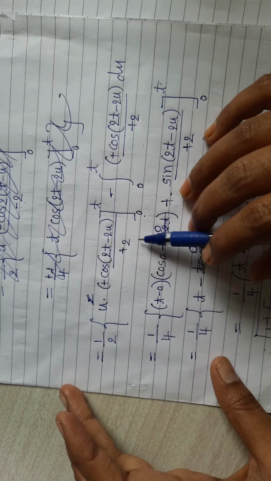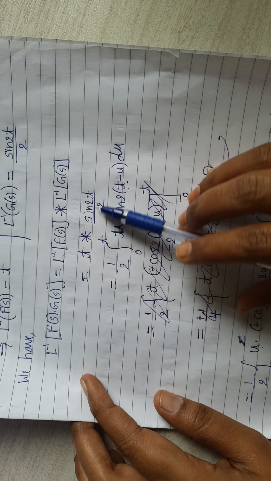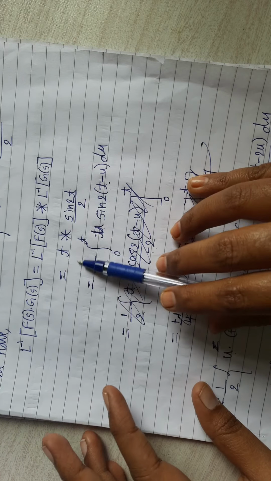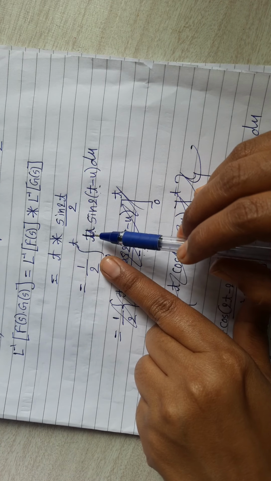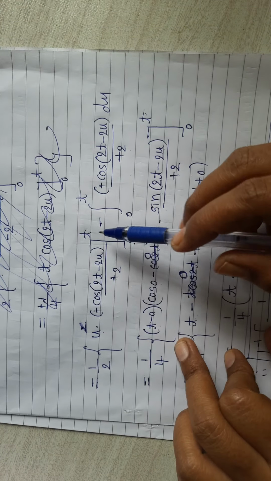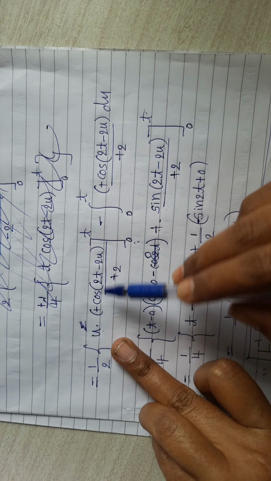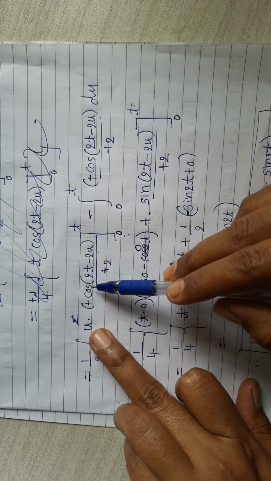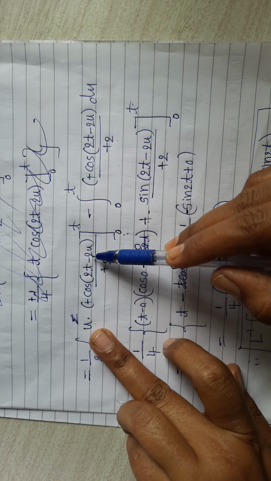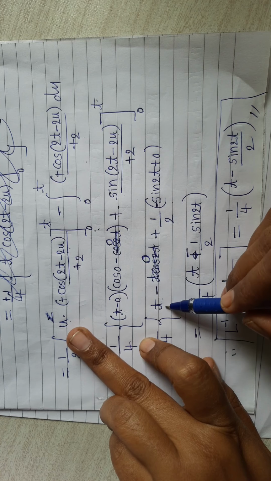I corrected two times. Write it down correctly here. Convolution of two functions: there, instead of writing t by u, I have taken t. So this is the correction I have done. And here you substitute first the upper limit and then the lower limit. If you substitute the upper limit u as t, you will get t into cos of 2t minus 2t, that is cos 0, and u into 0 means you are getting only t.